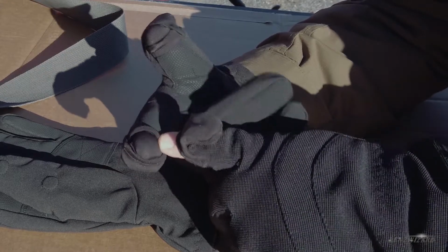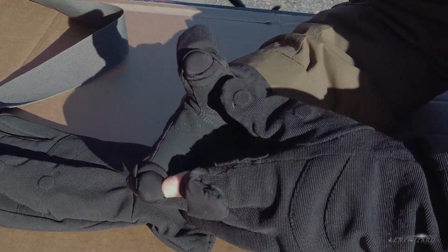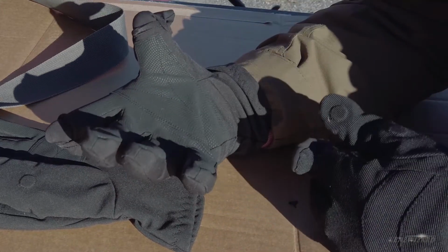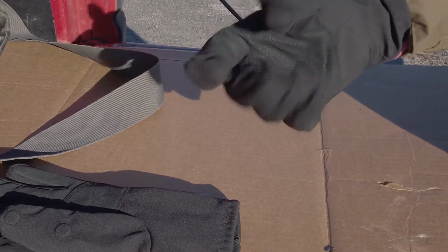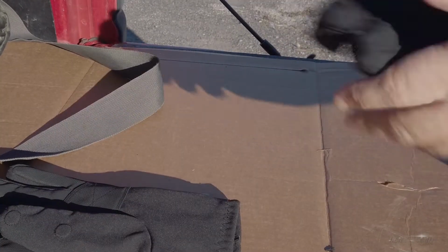But you know, it's got a nice knit, like a, I don't know what you call that, like a binding or something around there. I mean, they look like they're very well made, just as good as these, if not better. They feel a little thicker, of course, maybe because they're new, they feel thicker than this one. But anyway, that's